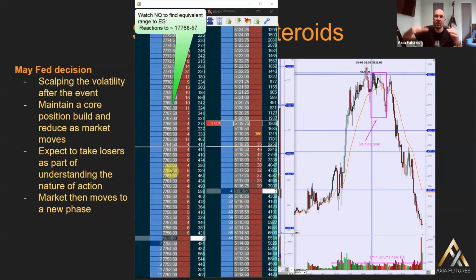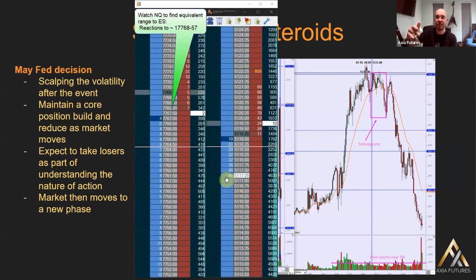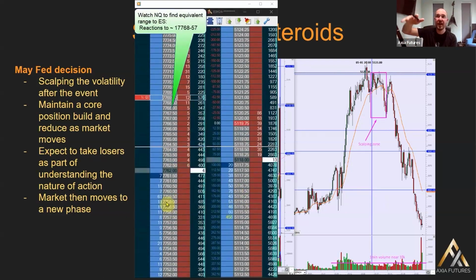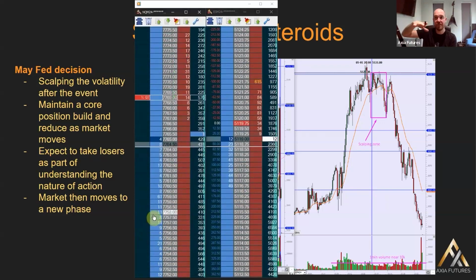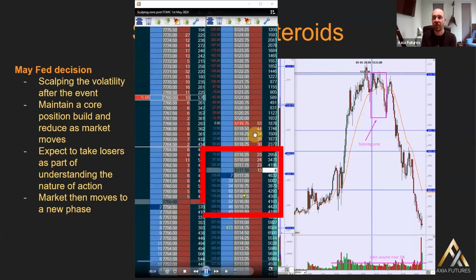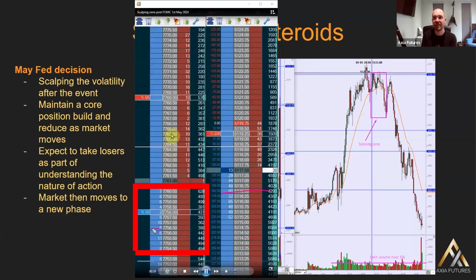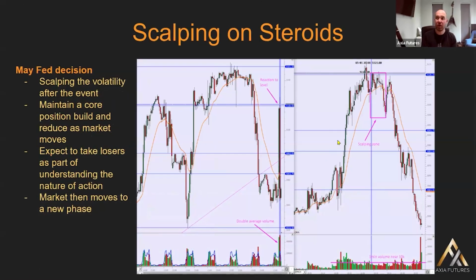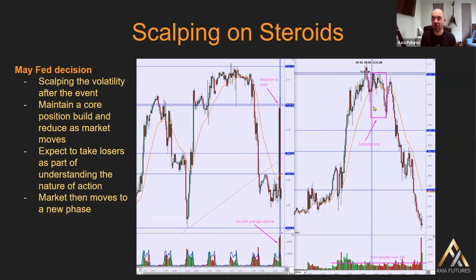I'm looking at where have they gone up to? Where have they dropped to? Nasdaq's just dropped down to 56, jumped up to 68. S&P's holding below 20 and is then moving down to around 16. So you've got this range in the S&P down to 16, and you've got the Nasdaq around 57. What we're going to have a look at is just scalping this area, and it doesn't